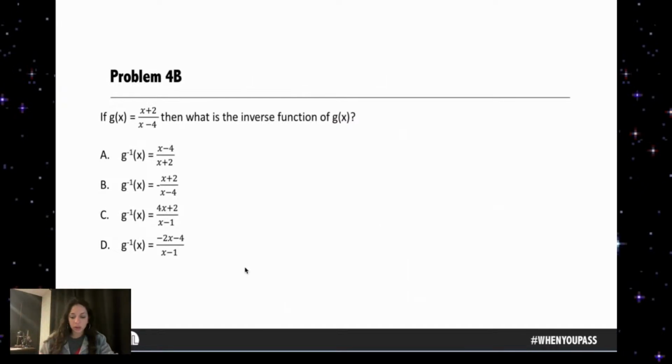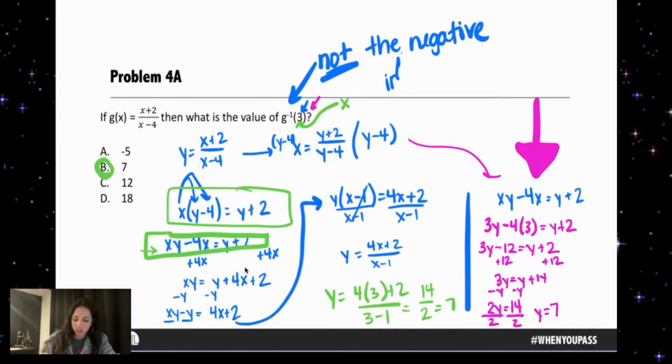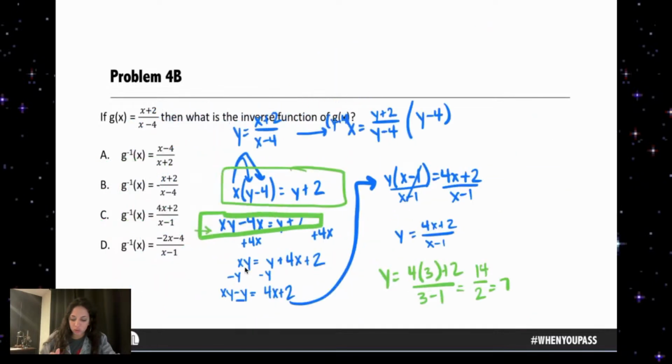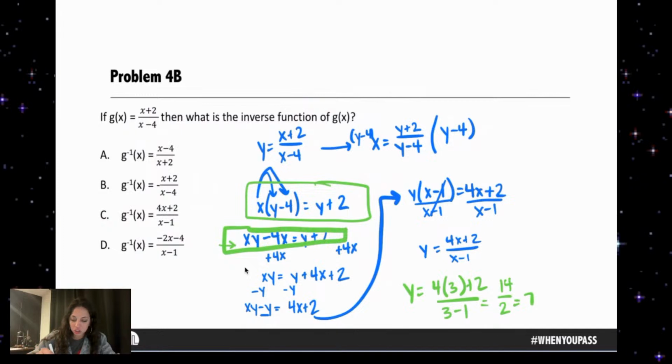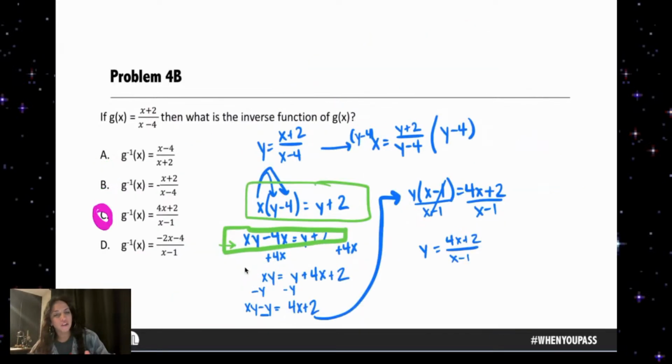And in that situation, I would have to do all of this. So I'm not going to resolve this entire thing for you because it's just not necessary. However, I wanted to show you that yes, answer choices are super helpful for something like this, but for something like this, they're really not all of that helpful because I'm going to have to find the inverse function. I can't just plug something in, right? So the difference between those two is important to recognize.